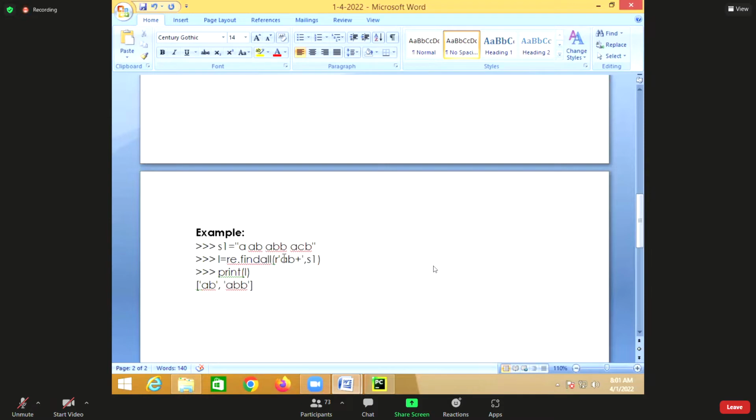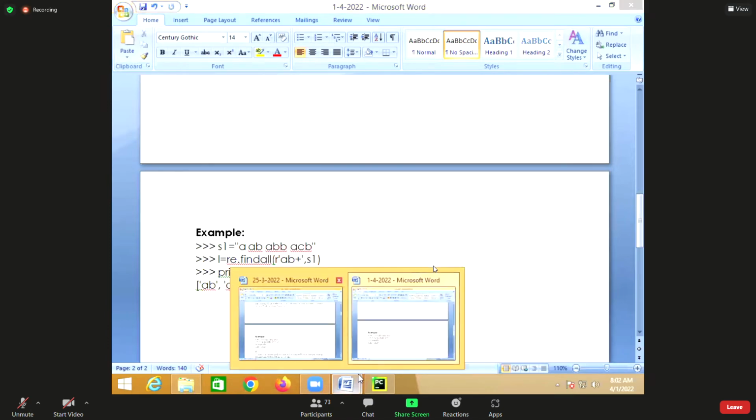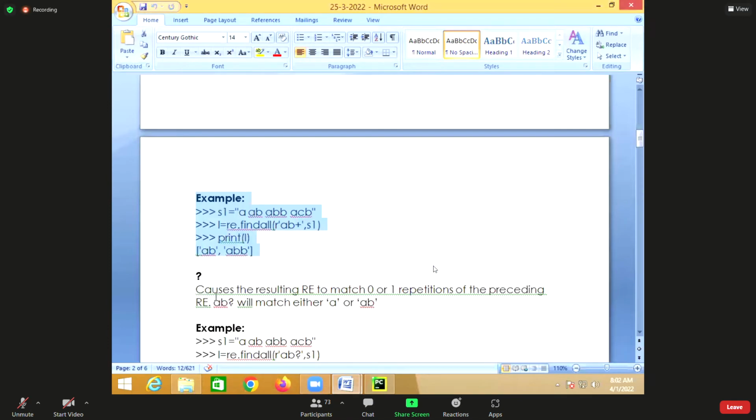No, because A is followed by at least one B. It will find AB. It will find A, B, and B. But it will not find this A, because is this A followed by C, B here? No. So only two outputs I'll get: one is AB and one more is A, B, and one more is B. But it will not find the lone A because it requires at least one B.